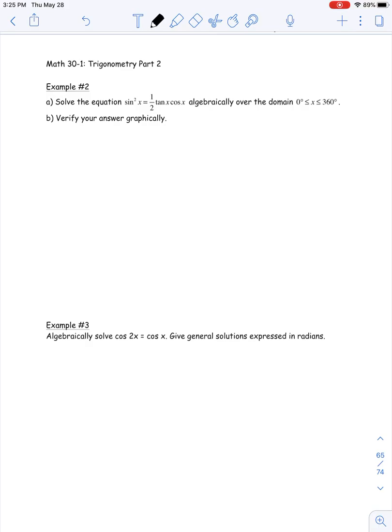Example number 2, we're going to solve the equation. As you can see, I'm going to start with the right side first in order to simplify this and then algebraically solve over the domain. So I'm going to replace tan with sine x over cos x. The reason being is that the cos x's will cross each other off, leaving us with sine squared x equaling